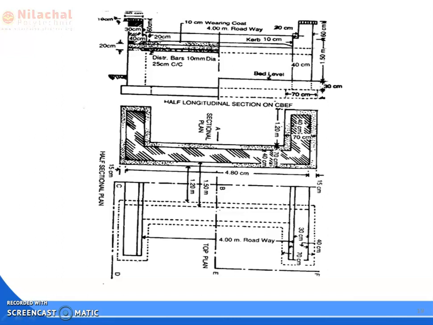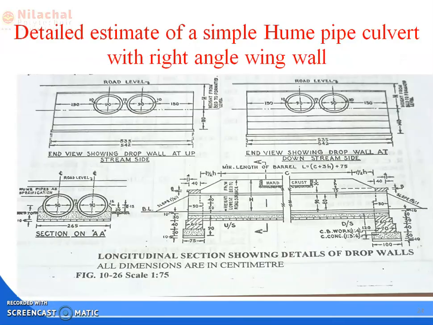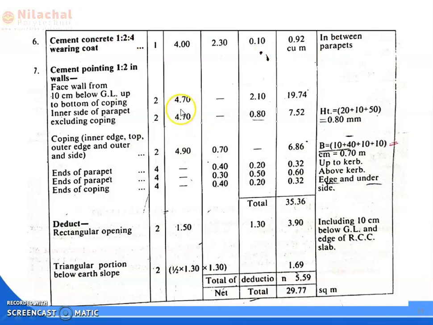Okay. So how many numbers of inner side? 2 numbers. This one and this one. Length is how much? Length is equal to the face wall. So length is 4.70. Okay. Then after that, here we can consider the length is 4.70. Then height is 0.80. But first from the slab to the 40 centimeter wall distance plus 30 to 40 wall offset 10 centimeter plus 50